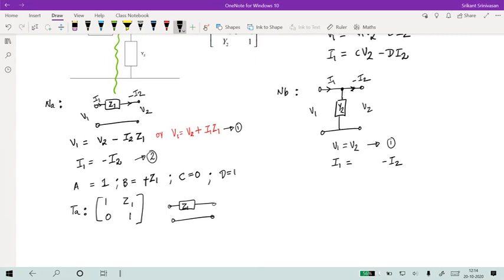and there is Y2 V2, because Y2 is a conductance. So Y2 is an admittance. So Y2 into V2 is a current. So the Y2 V2 is the current flowing in this. Normally the convention is that you have the plus and minus like this. So Y2 V2 is the current flowing in this branch, plus minus I2 is the current flowing out. That should be equal to I1, which is the current flowing in. So this becomes my second equation.